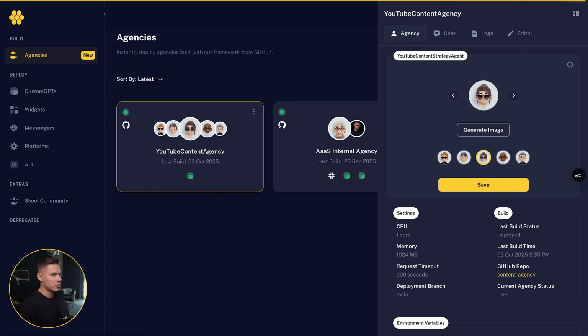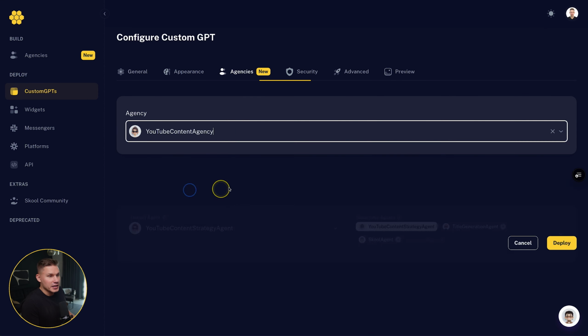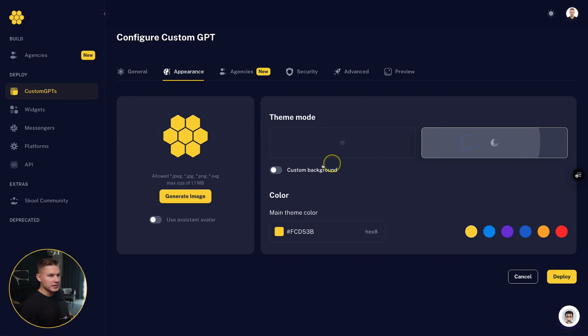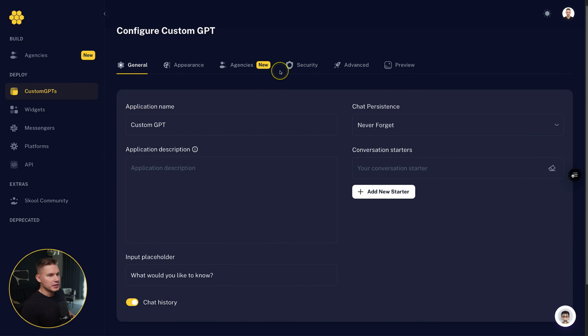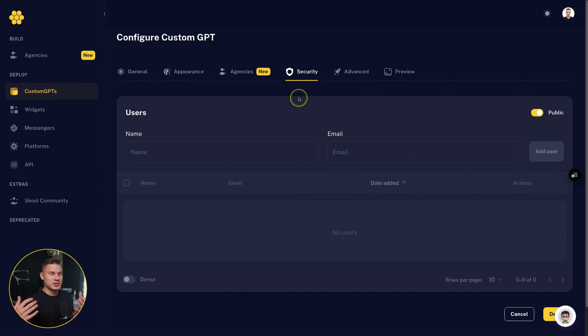While on our platform, if you want to deploy your agents, all you need to do is literally create this web app, select your agents there. You can actually also select which agents the user can talk to. Then you can also customize it in any way you want. You can add your own logo, name, fully white label it, and you can even control the security, meaning that you can only allow certain users to access your application without having to set up your own authentication and a database.